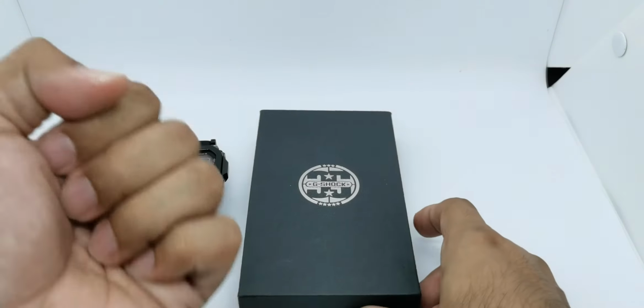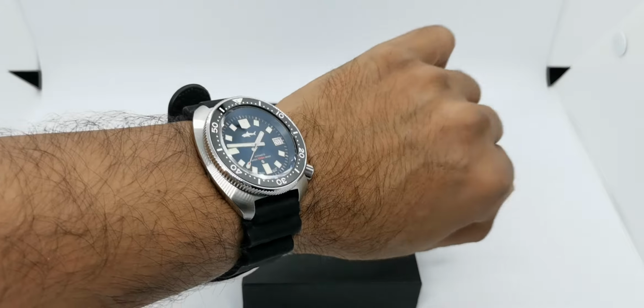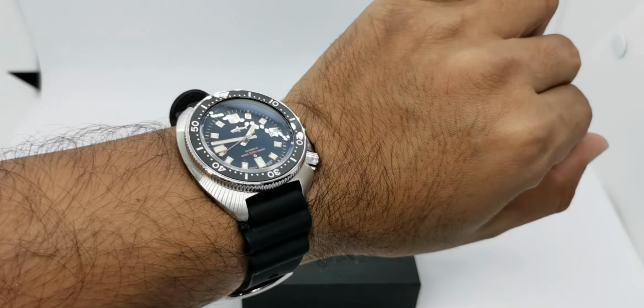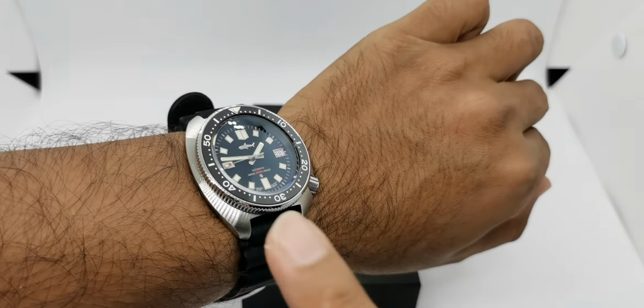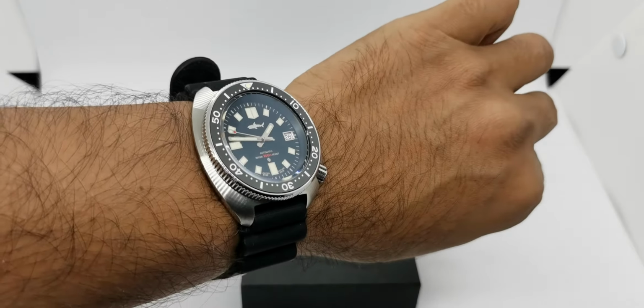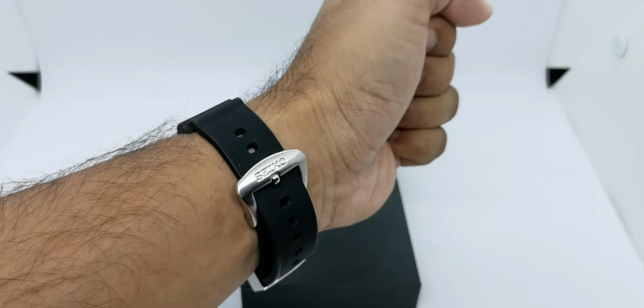Right, so let's do a quick wristwatch check before we go on. I am now wearing this Heimdallr 6105 Captain Willard homage watch, right? So this is the black color version with the black ceramic bezel insert, and I've done a full review for this particular piece. So right now I am sporting it on this original Seiko